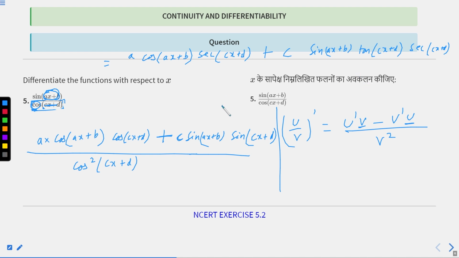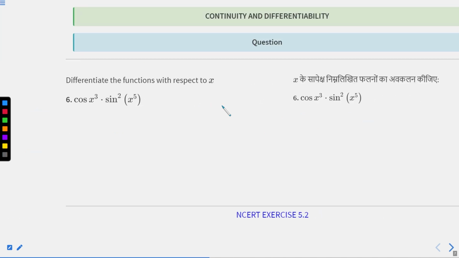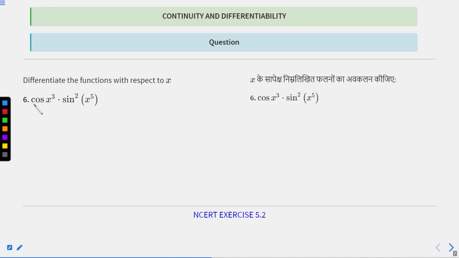Now let us move to the next problem, number 6. Problem 6 says again, find the derivative of this. Here one function is multiplied with a second, so what concept will I use? I will use u multiplied with v. Let me use p multiplied with q so that you get no confusion. The derivative is the derivative of p times q, plus the derivative of q times p.